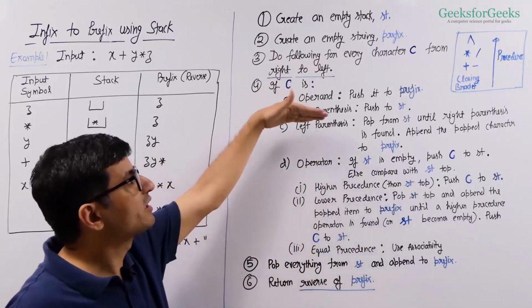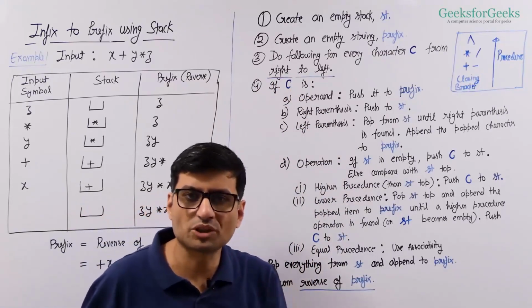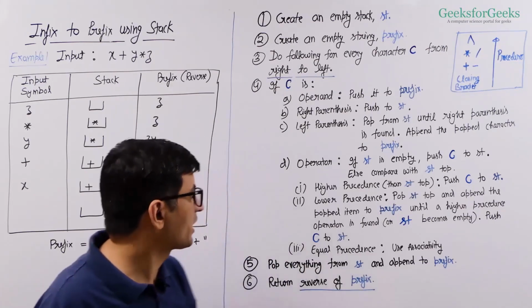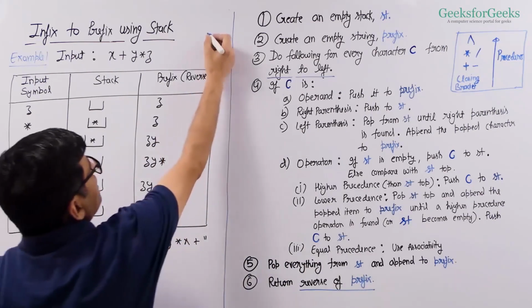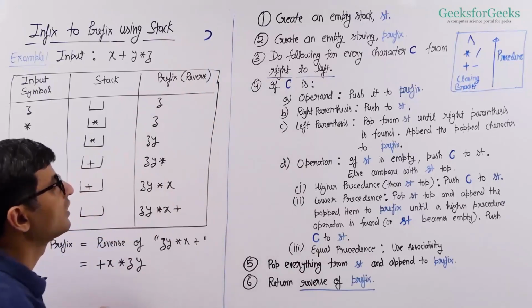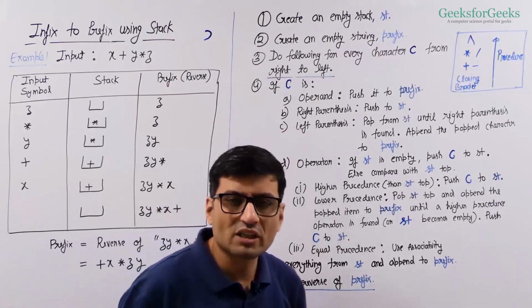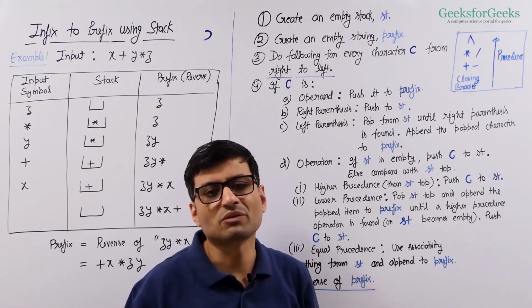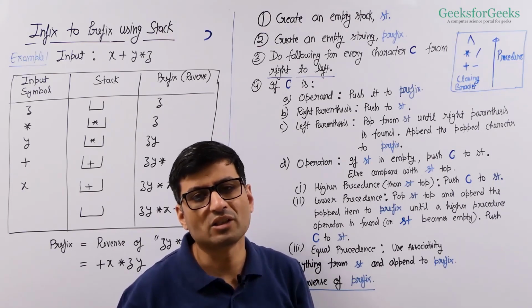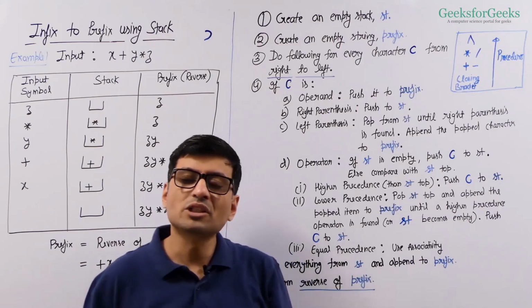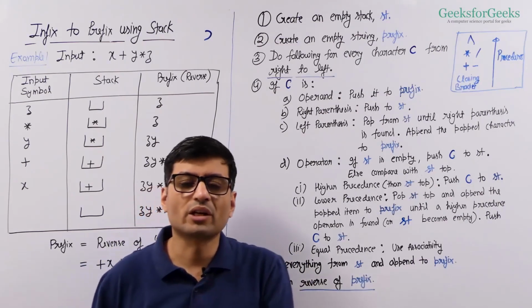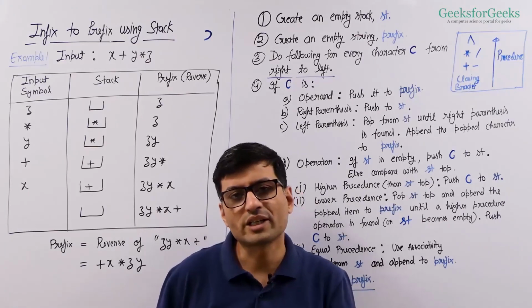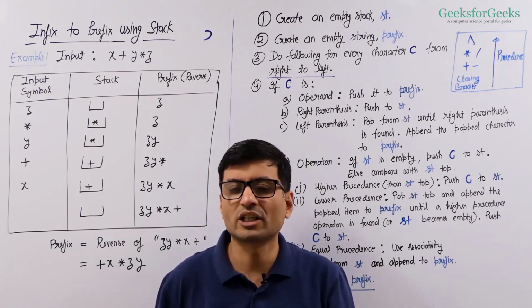If it's a right parenthesis, then we are going to push it to the stack. Right parenthesis means closing bracket. So if it's a closing bracket, a character like this, then we push it to the stack. If it's an opening bracket or left parenthesis, then we are going to pop everything from the stack and append it to the prefix. Please note that we are going to traverse from right to left. So we are going to see a closing bracket or right parenthesis first,